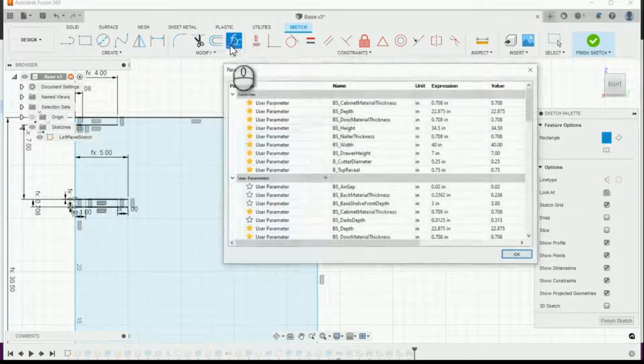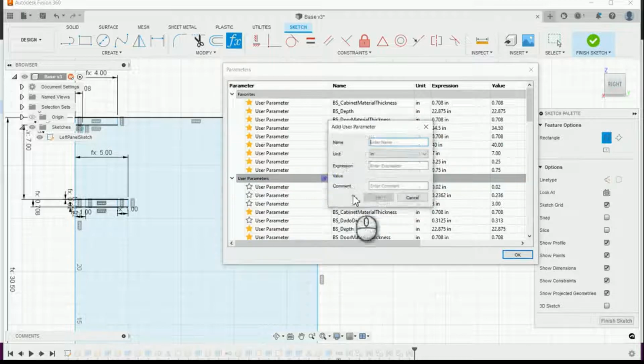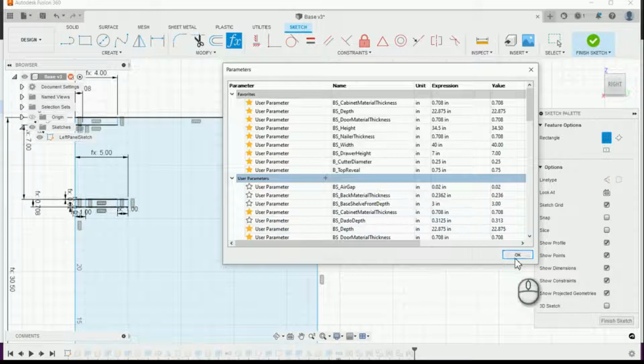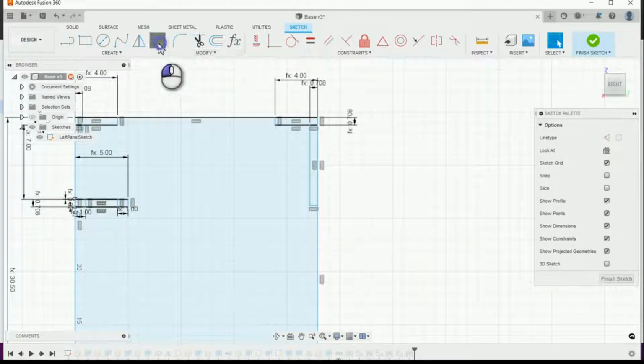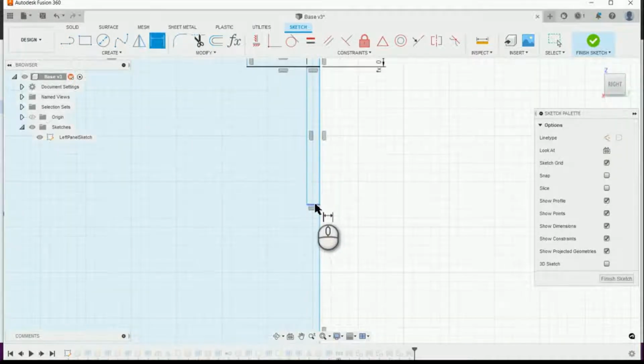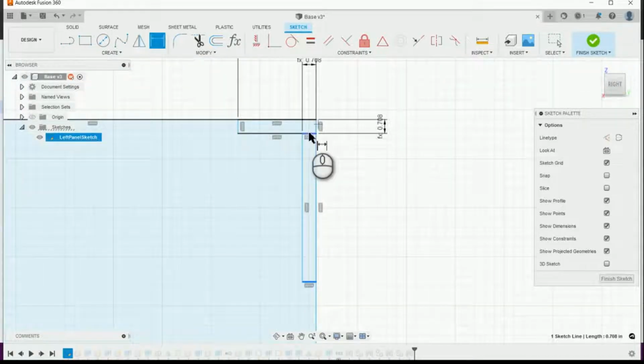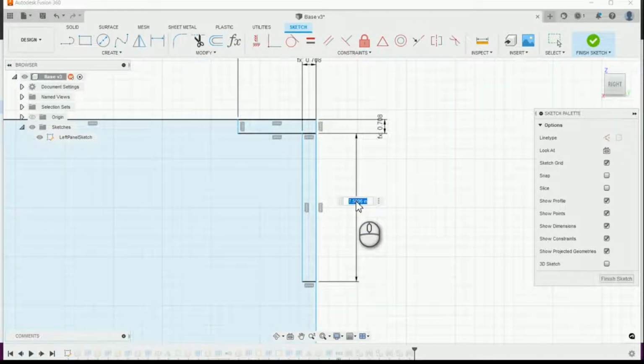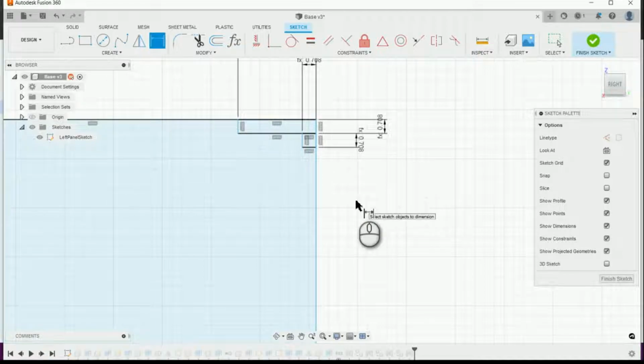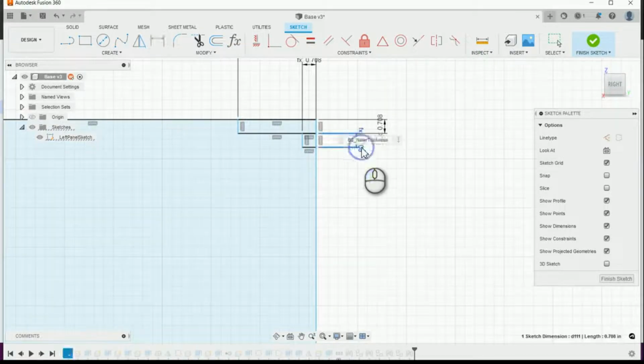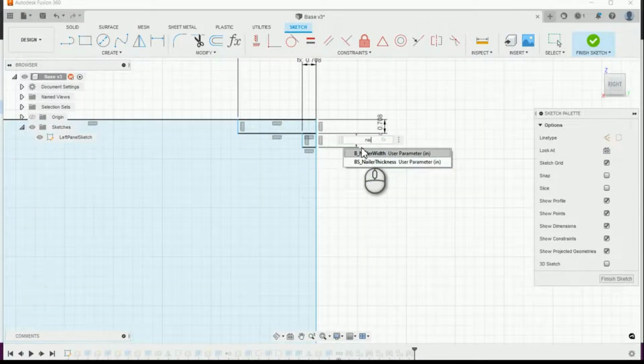Let's go back to the table as I said before, and we will create that now. Nailer width, 4 inches. Okay, so let's go back and we will create a dimension from here to here, which is nailer thickness. I'm sorry, not nailer thickness, nailer width,